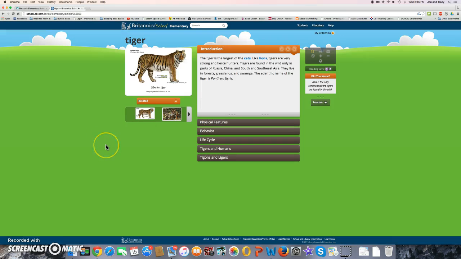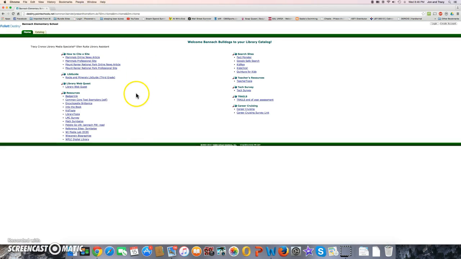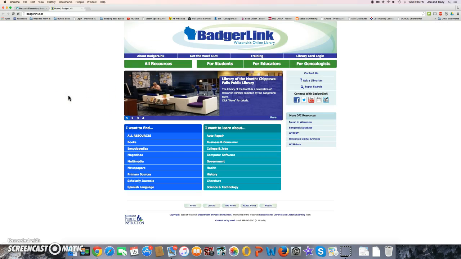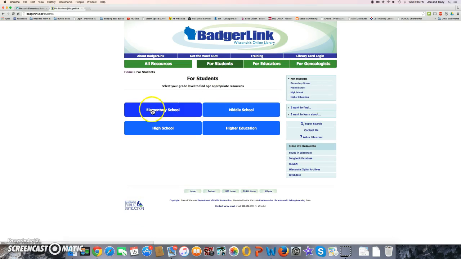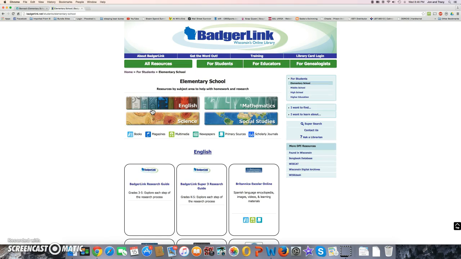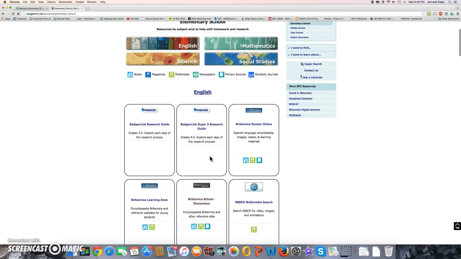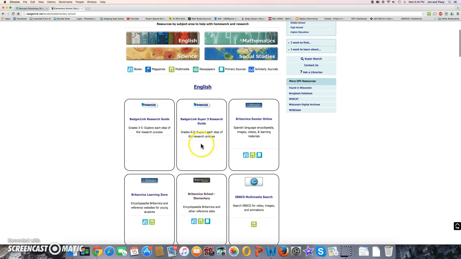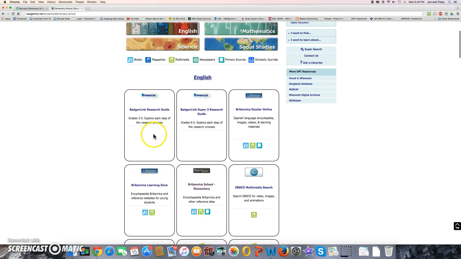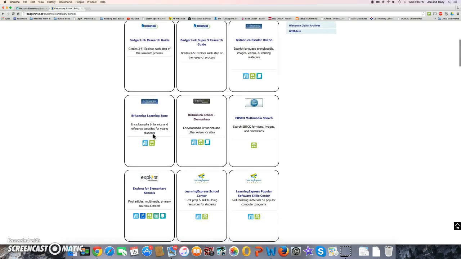Okay, so we're going to go out of that too. So another area that's of interest that I want to point out to you is BadgerLink. And BadgerLink is a really great big resource that we have here in Wisconsin that's wonderful. For students would be where you'd want to head. And again, we're in elementary school, so we'd go there. And then if you look, we have some research guides here which will guide you through the process of doing research. We have the Super 3 and then just a guide here. If we scroll down,